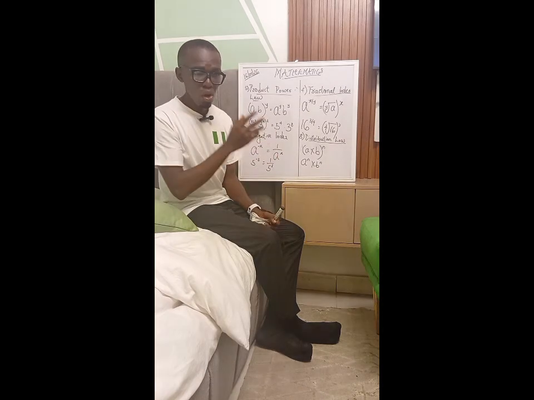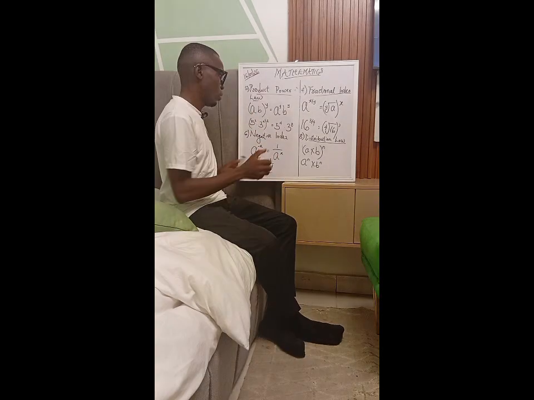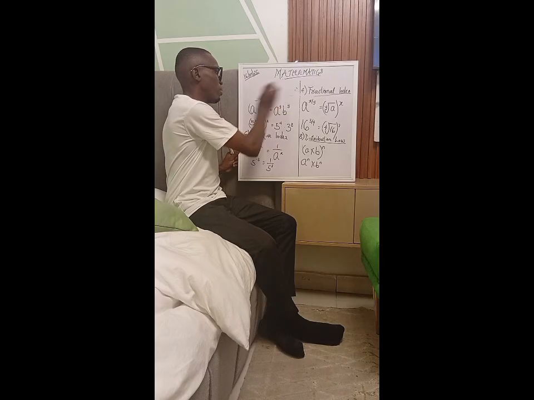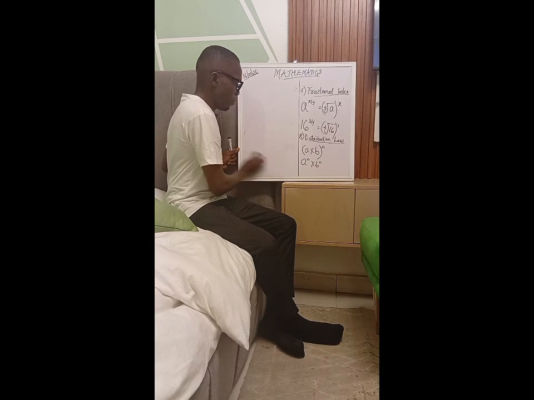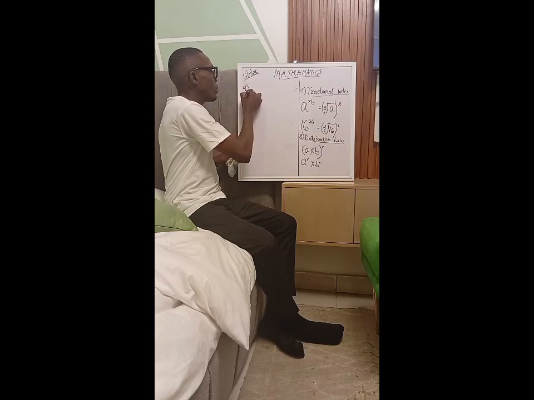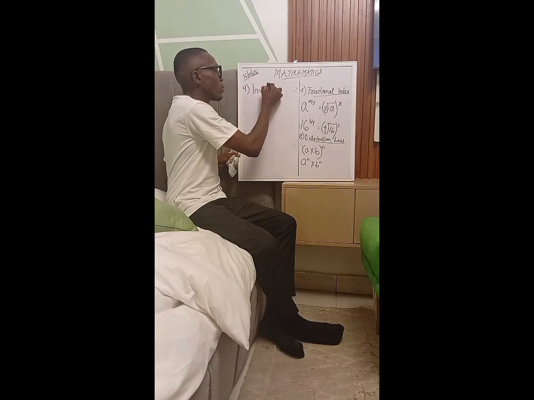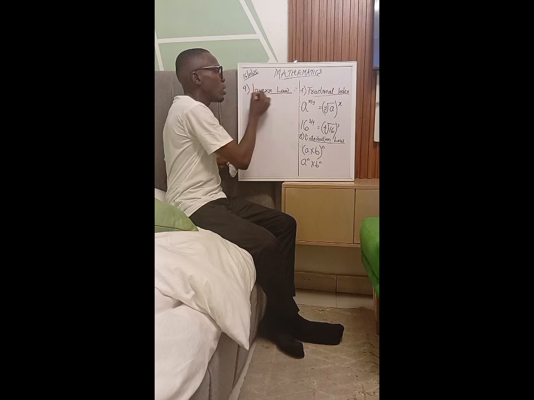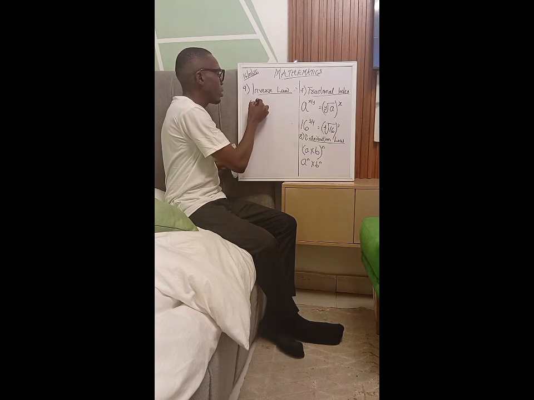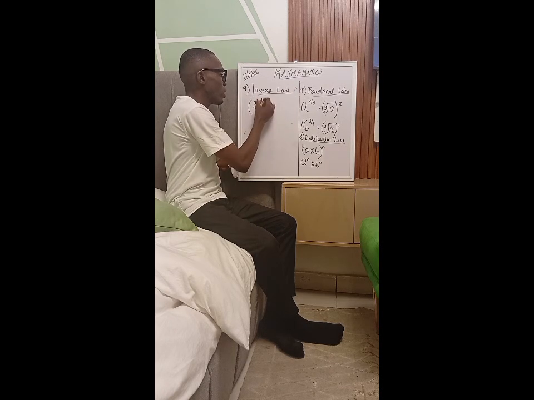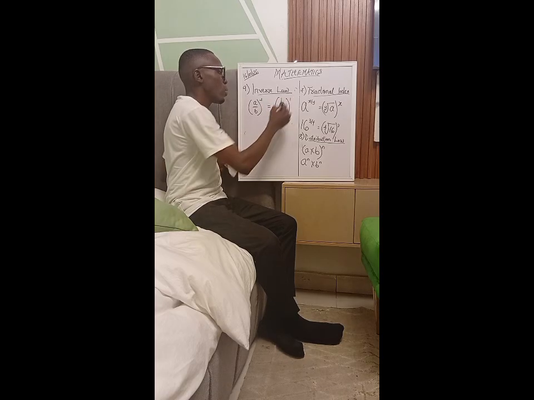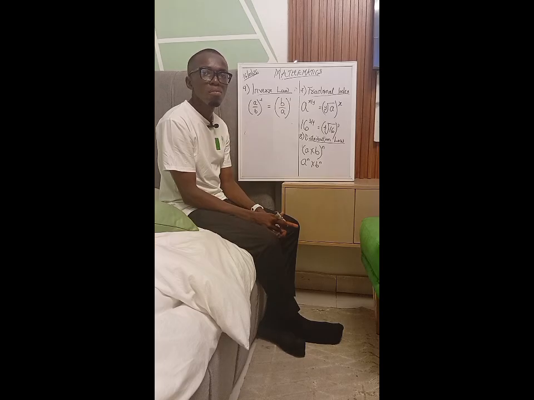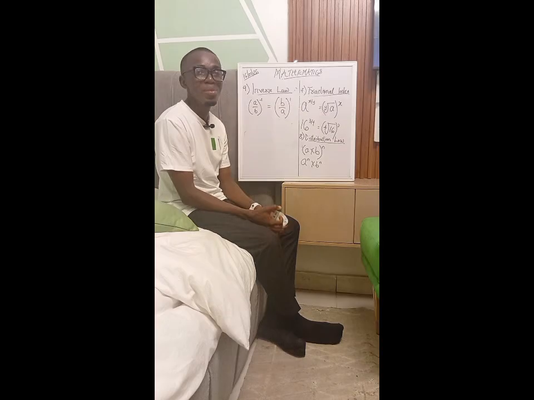That's the distribution law. Then we are going to look at the last law, which is number 9. The number 9 law is very important also, just as others. The number 9 law is called the inverse law. So in the inverse law, I have something like this: A over B, all raised to the power of minus 1. This will be equal to B over A, all to the power of 1. That's the inverse law. Yes, inverse. That's all.